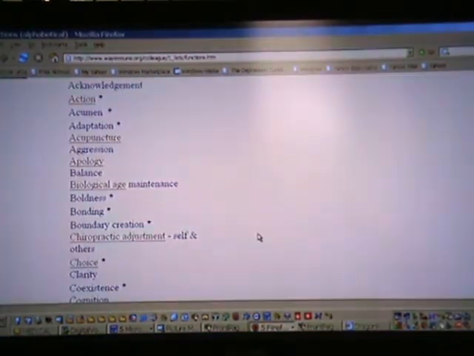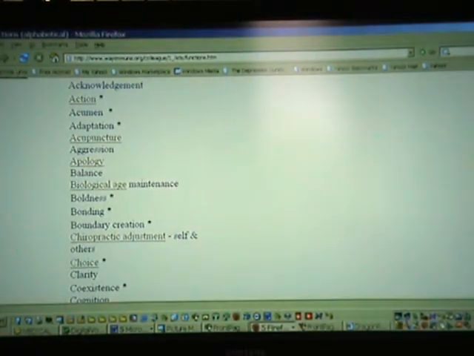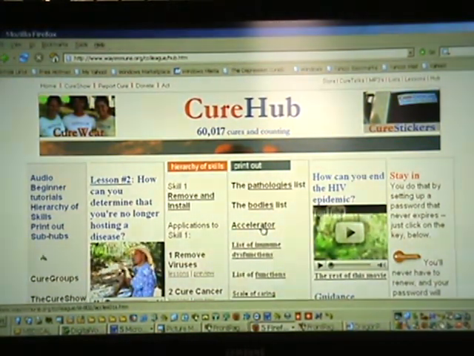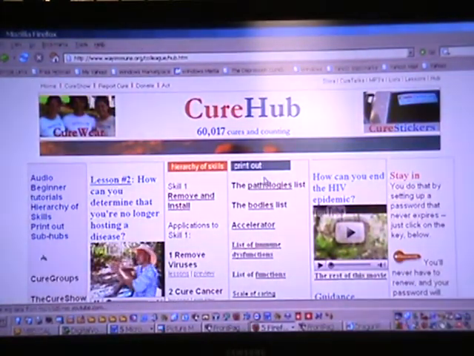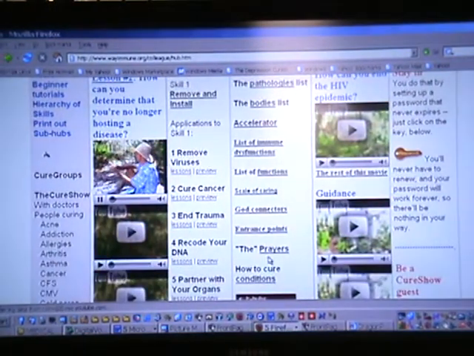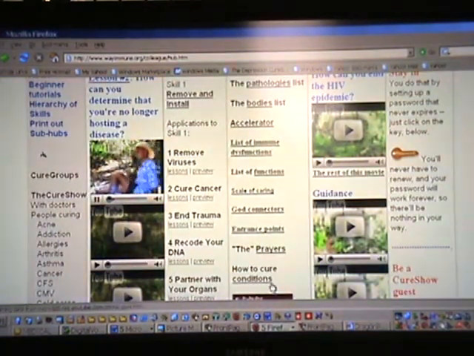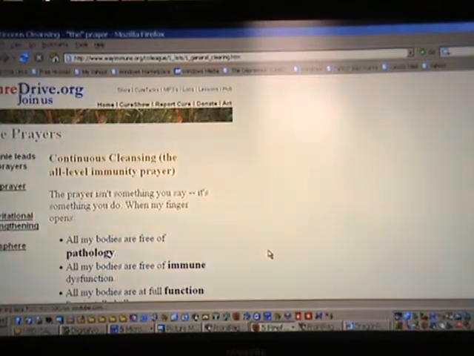And of course, now what I'm going to do is take you back to where I found this, and this is the hub, you see? And the way you find things is to test through things like the hub. That's how I got this. Here's the list of functions. This is one of the things you print out and you put on your bathroom wall. Here they are, just this little area of things. And of course when you go into the prayers, what you find is that the link takes you to one prayer,